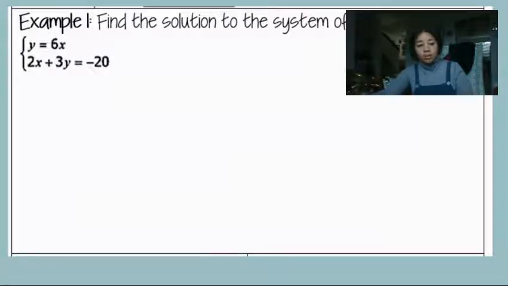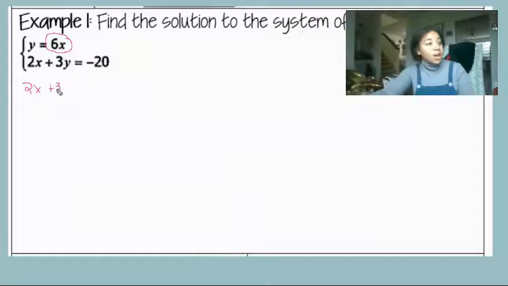And I'm going to do this one by hand because I got to do my own thing. I got to do my own way. Okay, so what we have is that y is by itself. So we're going to take 6x and plug it here. So it's going to be 2x plus 3. And instead of y, I'm going to put parentheses,